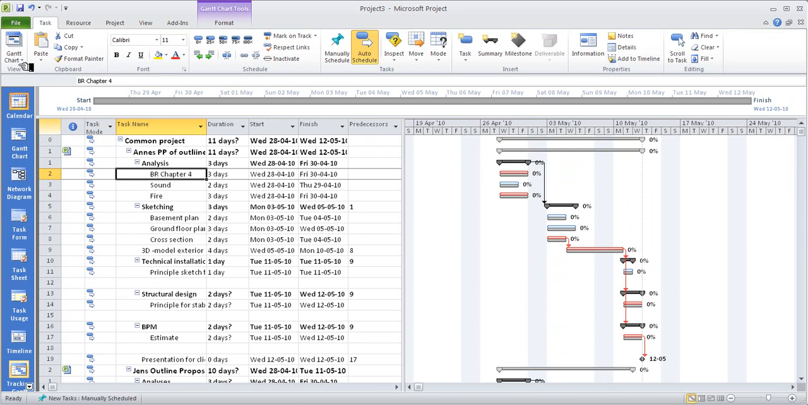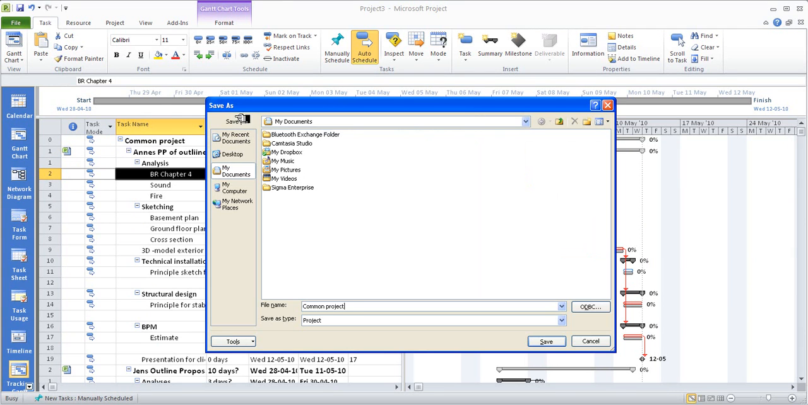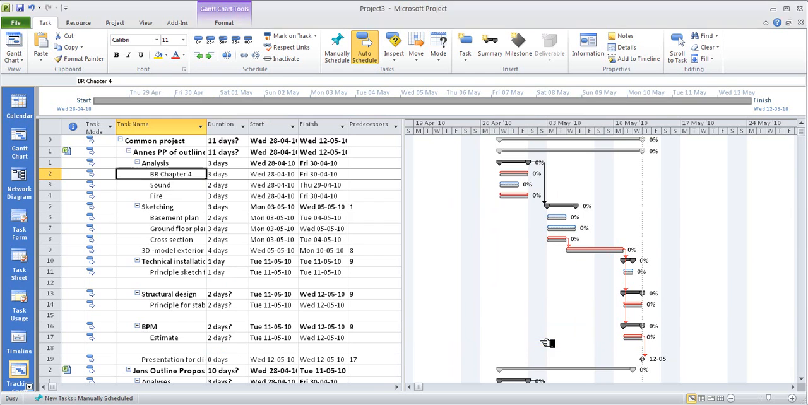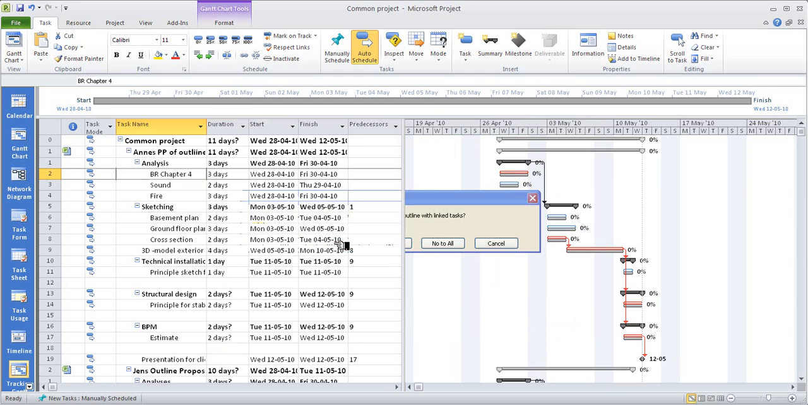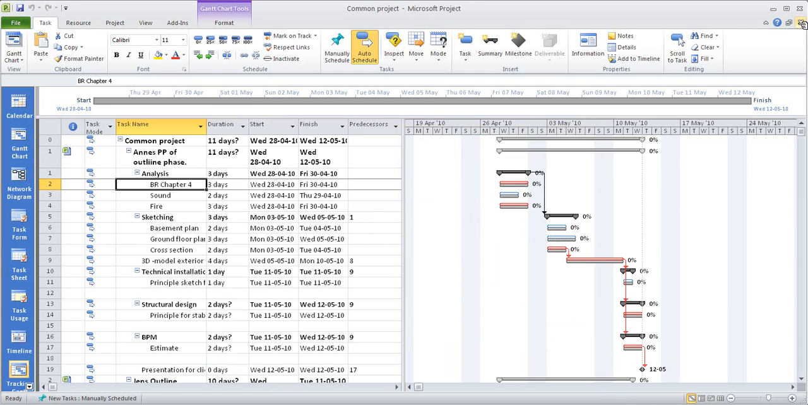Once I've done this, I can save this in a common drive somewhere, but I must not move it, because if I do that, then these embedded projects will not be able to find their way to the common project. So I'm going to save this as a common project in the same place, in this case, as I have my individual projects, which is here, and I'll say yes to all, and now it's saved. I can close it down,